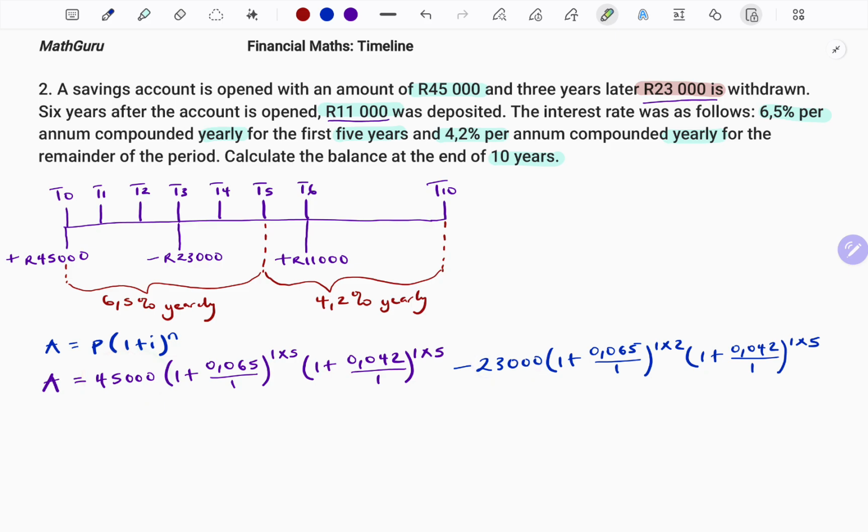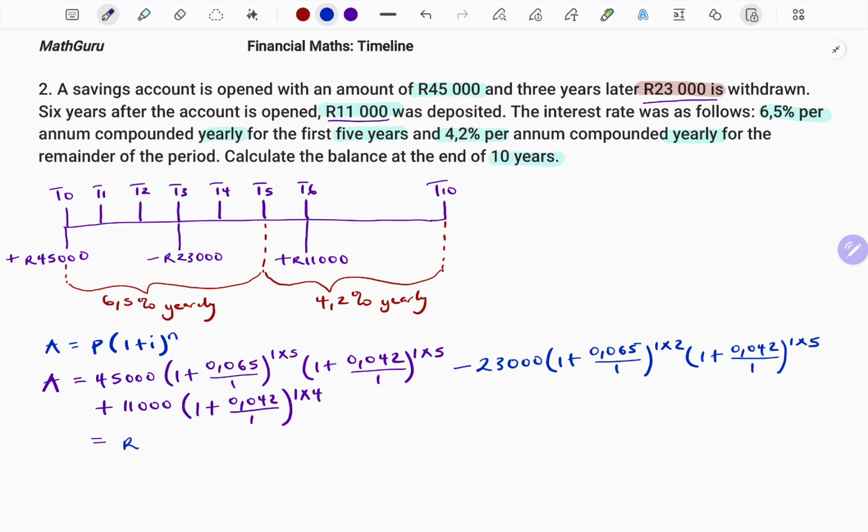Then I need to go to the last deposit of 11,000. And that will be plus 11,000 in brackets. 11,000 starts from year 6. If you look at what I have on my timeline, I only have from year 6 to year 10, so I have 4 years left. So that's just going to be 1 plus the interest at that time, 0.042 divided by 1, as it's also compounded yearly. And because I have 4 years left, that's going to be 1 times 4. If I put this together,